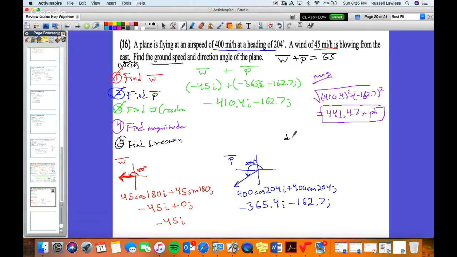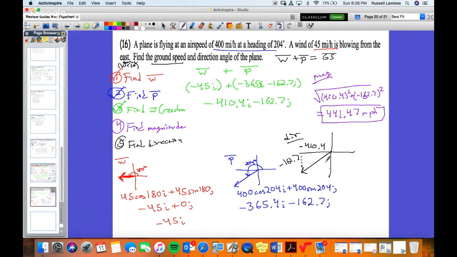And the last thing that we need to find is direction. And so for the direction, essentially what we're doing is drawing the coordinate plane. Here we have a negative and a negative. That's going to be in quadrant 3. And so in quadrant 3, if that's my vector, I'm essentially going over 410.4 and then going down negative